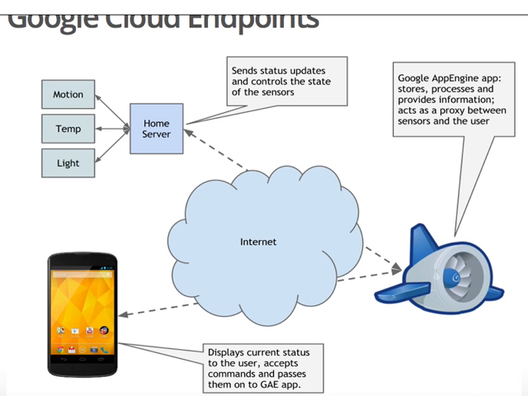As I said, we have sensors such as motion sensor, temperature sensor, light sensor, well, I don't know, think any. We have a home server. Well, the home server is really a Raspberry Pi, which connects to Wi-Fi, and it has a little RF receiver which receives the data from the sensors via RF link. The Raspberry Pi speaks to App Engine over the internet, and my Android phone also speaks to App Engine over the internet. That's basically how it works. How it's supposed to work anyway.